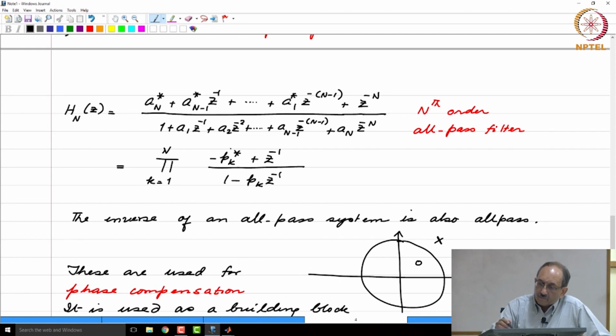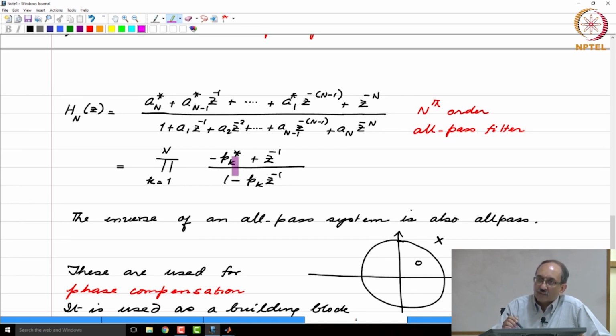And typically we will be interested in real valued impulse responses, which means all the coefficients will be real valued, and you can always build a real valued system as a cascade of first and second order building blocks,